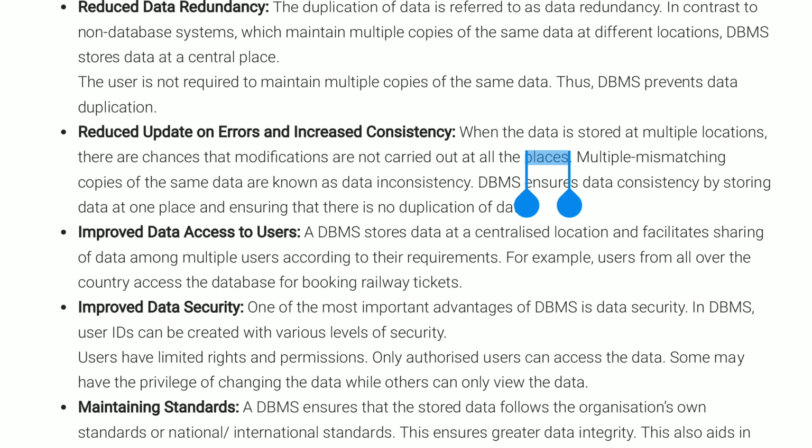Suppose you are just searching for information on the internet, the data brought to us according to our request can only be viewed by us. We cannot change or alter that particular data, as DBMS provides data security.